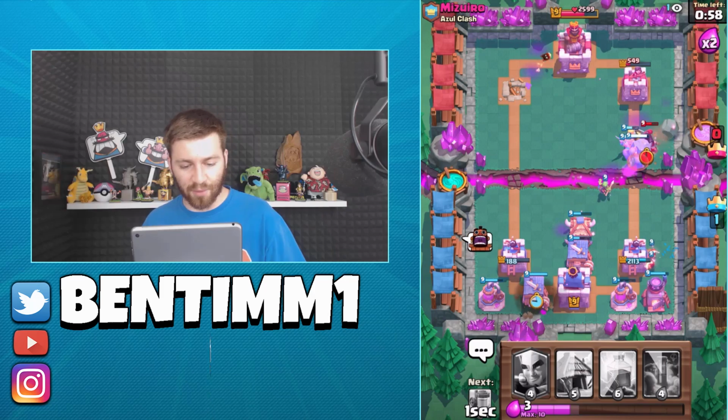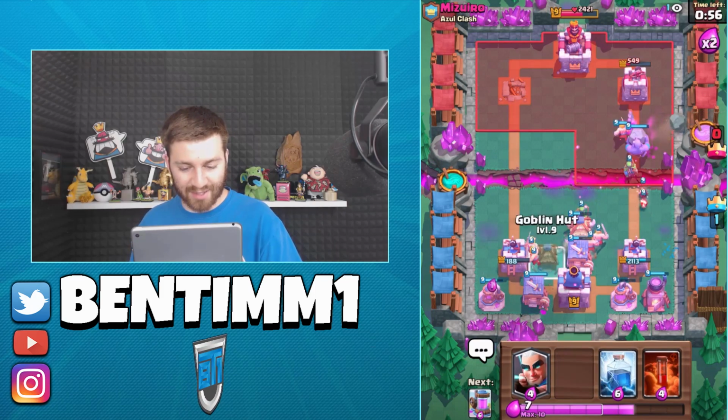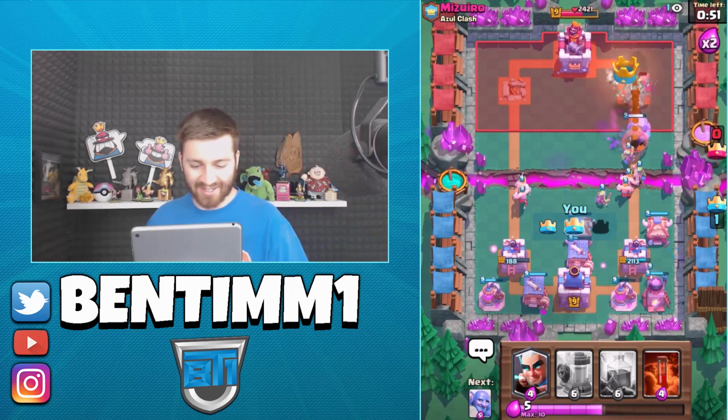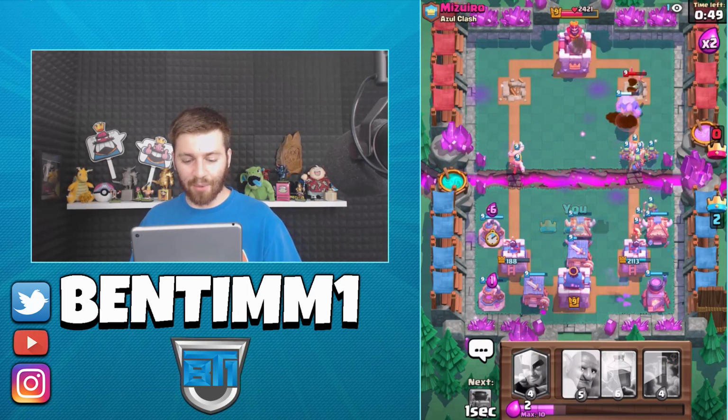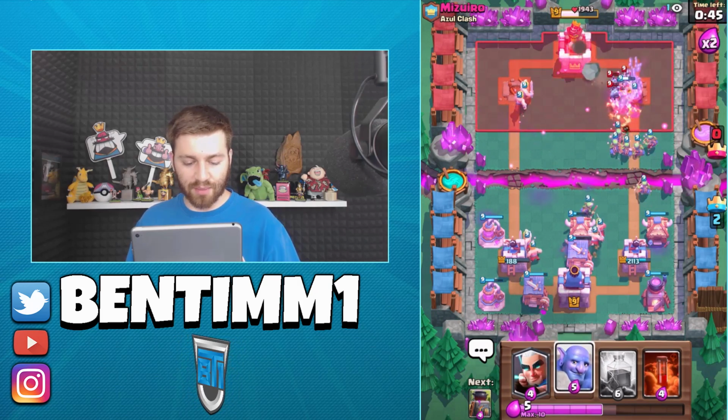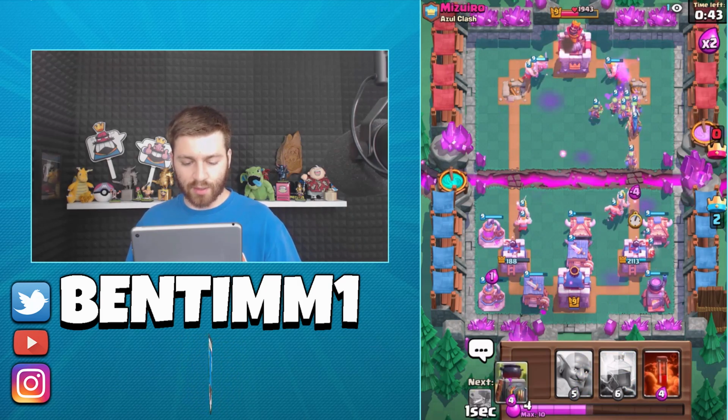Because I didn't have a spot for my Barbarian Hut for a while. And when you don't have a spot, sometimes I actually throw it like this, just to get him on board. It's not most optimal. I just noticed that I had the spot down there, but this match is already over. It doesn't really matter how I place them. So from here on,